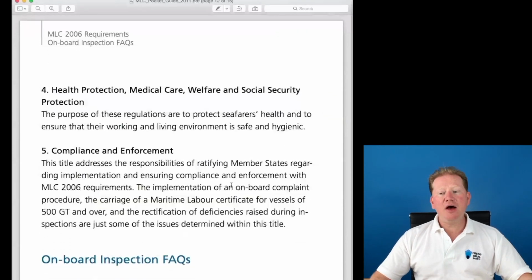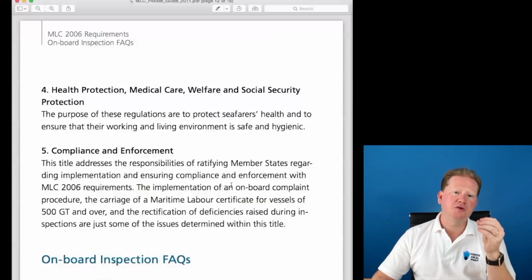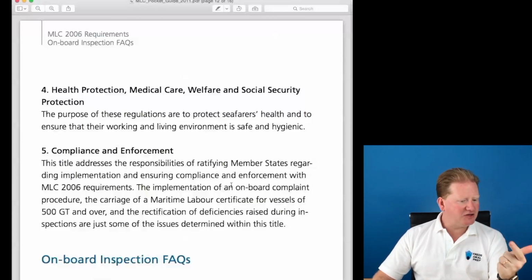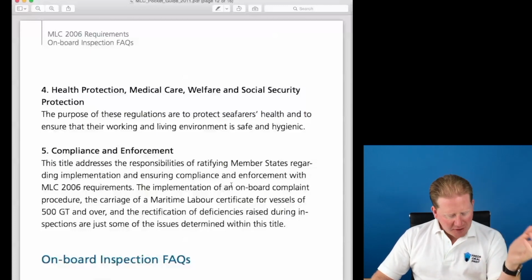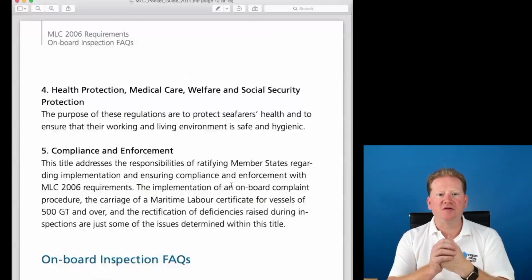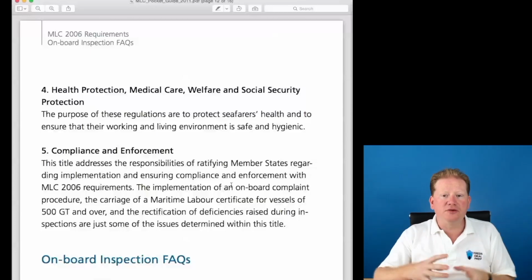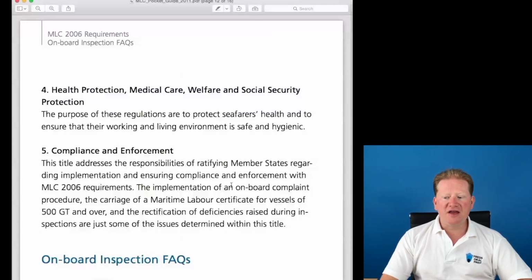Number 4, health protection, medical care, welfare and social security protection. The purpose of these regulations is to protect seafarers' health and to ensure that they are working in safe, hygienic, well-found conditions. Compliance and enforcement. The title addresses the responsibilities of ratifying member states, that's the 173 countries who are a member of the UN, regarding the implementation and ensuring compliance and the enforcement of MLC 2006